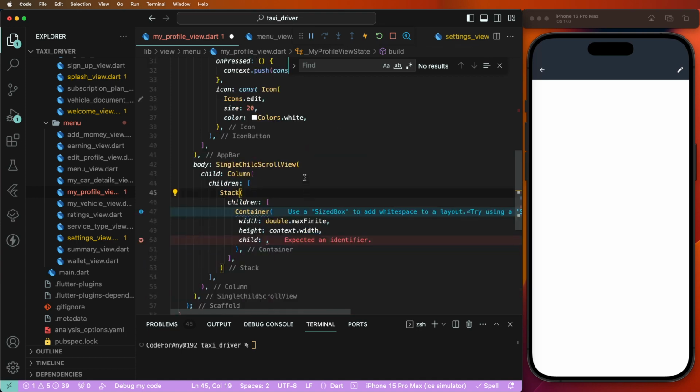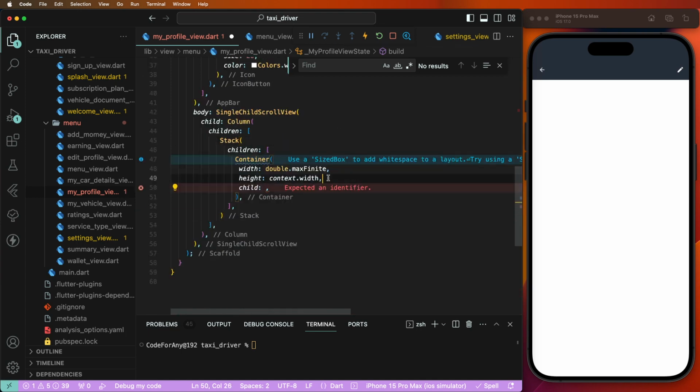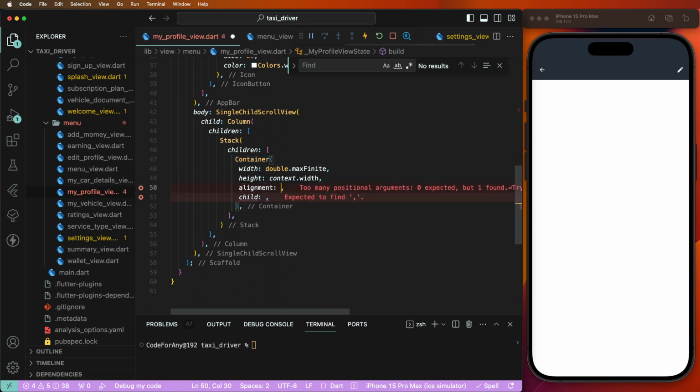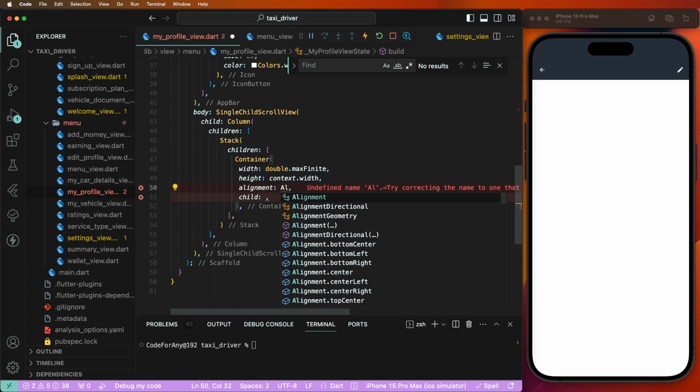Like this sets here. Now we need to create here first of all the alignment, and to set this here the alignments, then